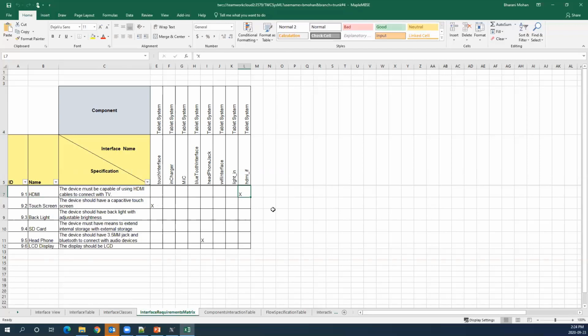Again, here I'm not giving the end user any complexity in deciding what kind of dependency it's going to create in the SysML model. All these decisions have been made in the configuration file. All the information needed from the end user, in case he has to create a new component with an interface, is that he does it here and assigns an X saying that this specific interface is meeting this interface requirement.